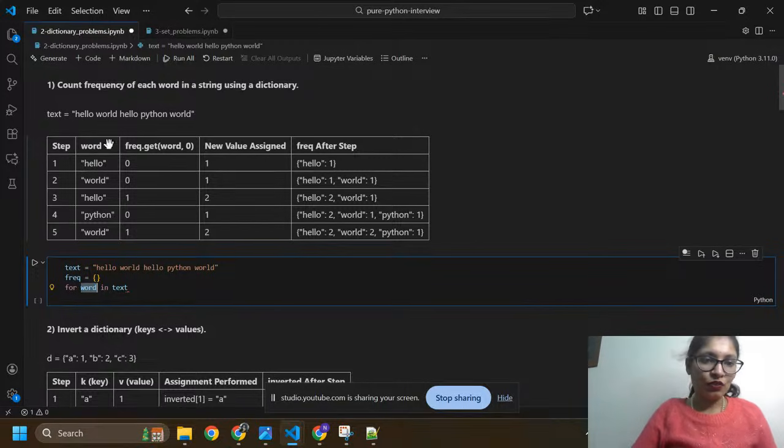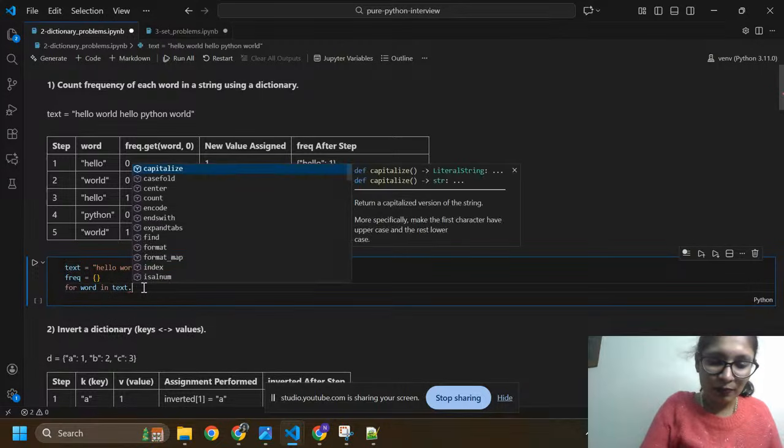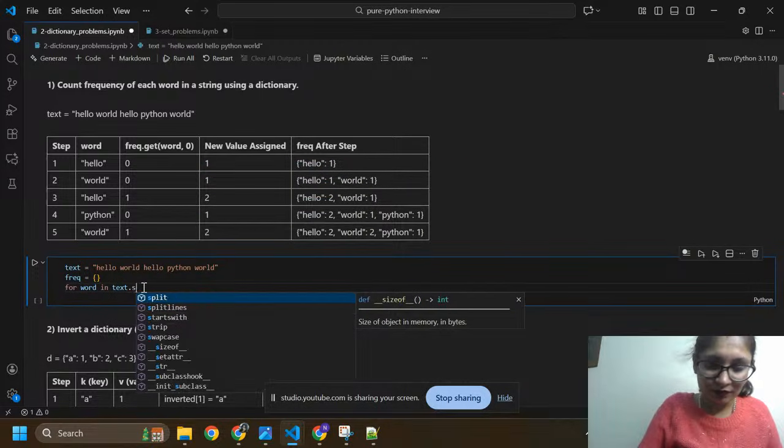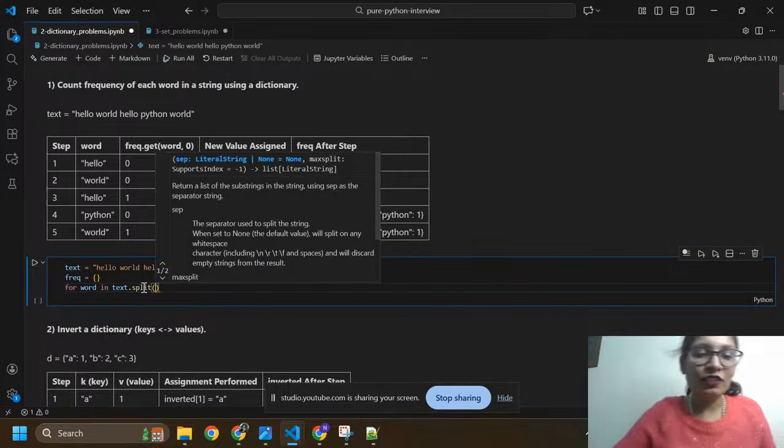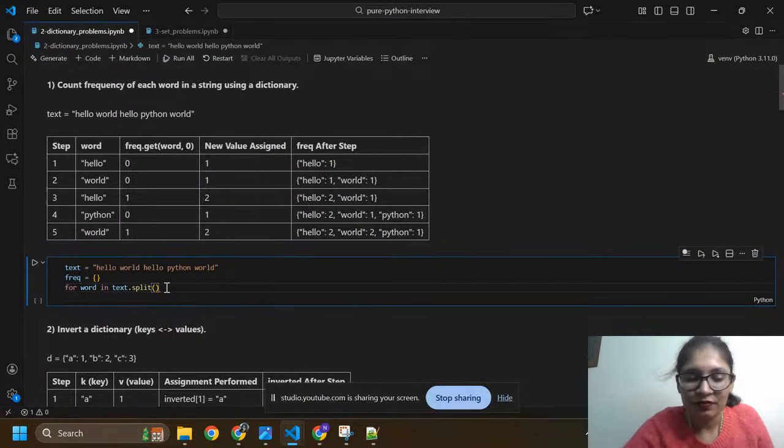So we are going to take word equals to hello, word equals to world, word equals to hello, word equals to Python, word equals to world. Okay, from text here: for word in text.split. It means it will split into a list. Okay, like this, I'm giving you an example. It will split a word like this: